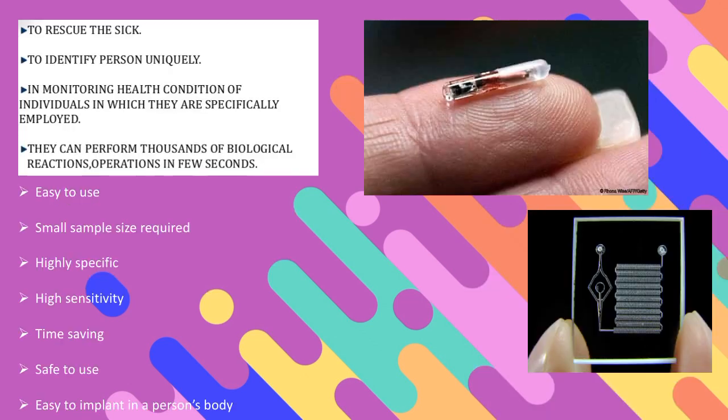Now we will see the advantages of biochips. In this picture, the lower picture on the right-hand side is an example of a lab on a chip. This is how it looks. The lab on a chip can look like this. There is the circuit, you can see, and the first circle is your input. So this is how it works.